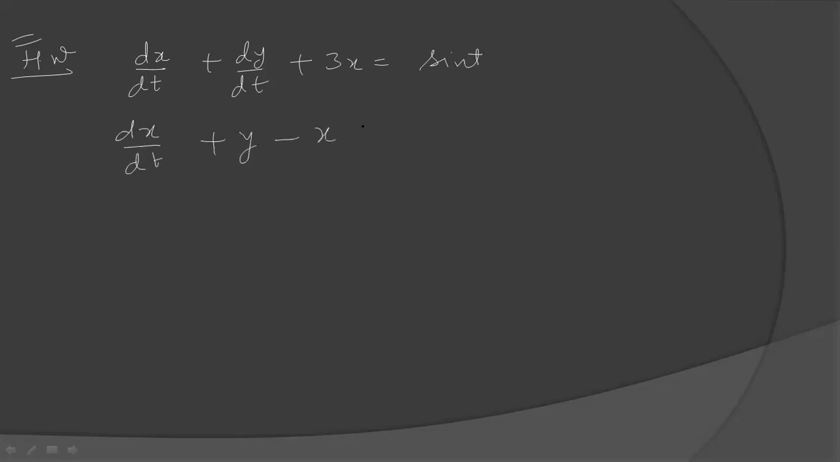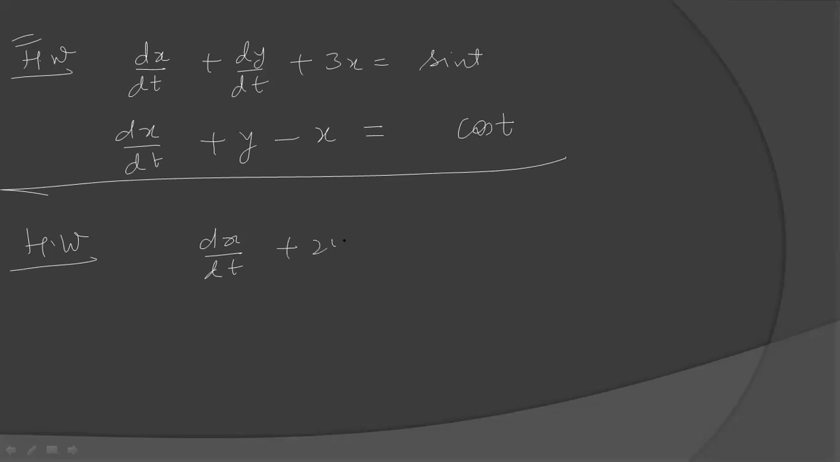I'm giving you 2 questions as homework, and you try these 2 problems. These 2 problems are easy and important also. The first is dx by dt plus dy by dt plus 3x equal to sin t. The second equation is dx by dt plus y minus x equal to cos t. And the second problem as homework I am giving you, dx by dt plus 2y plus sin t equal to 0, dy by dt